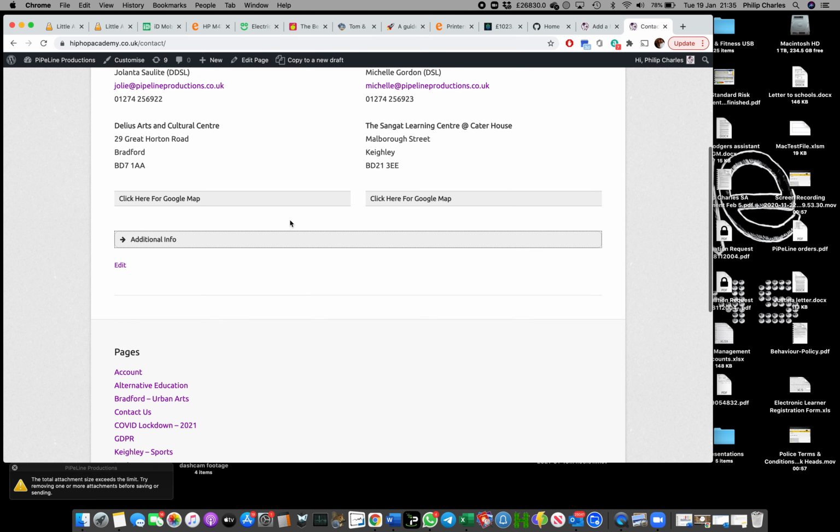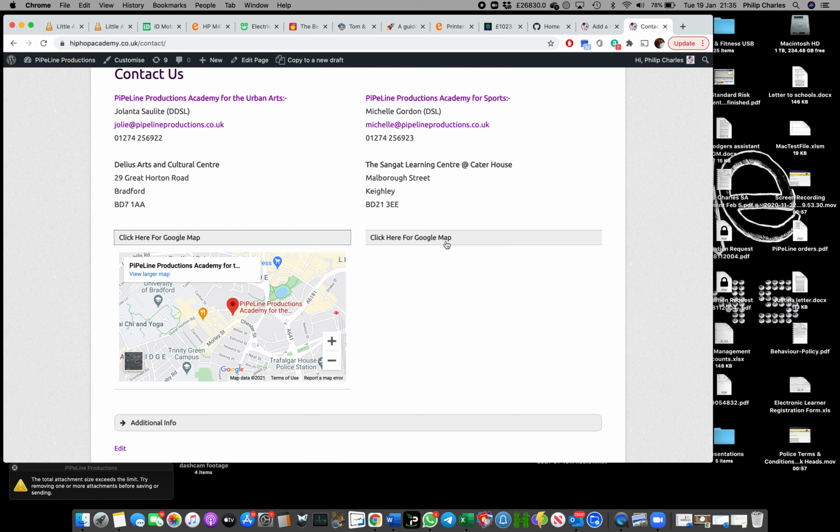I also used the shortcodes to create the Google Maps, which I think was a nice little feature, and then I've hidden the Google Maps within one of these spoilers. I just changed the setting, so it's not that fancy one. I just changed it from fancy to something else, and it just creates that